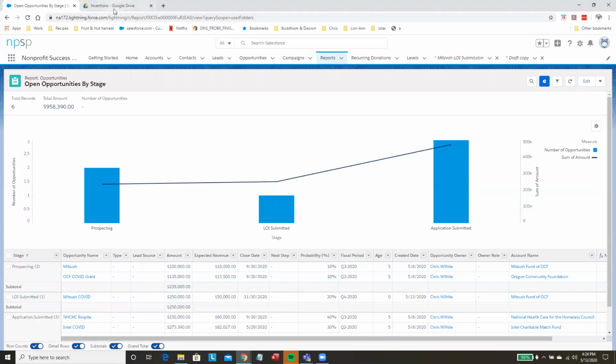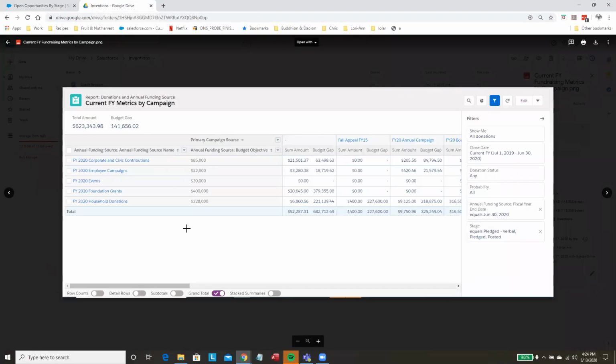But I want to show you some of the ones that I've done from previous organizations. This is one that I did that was current fiscal year metrics by campaign. I wanted to see all of our fundraising or funding sources, how we're raising our budget objective, where we're at with our budget objective, according to each of the campaigns that we're going to use. Those campaigns being the strategies on how we're going to raise the dollars from each one of these buckets, if